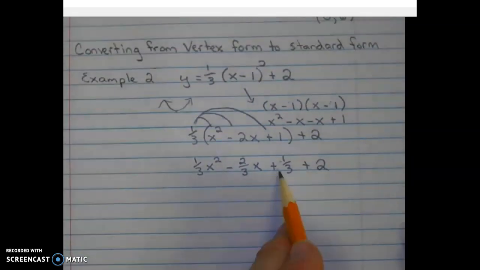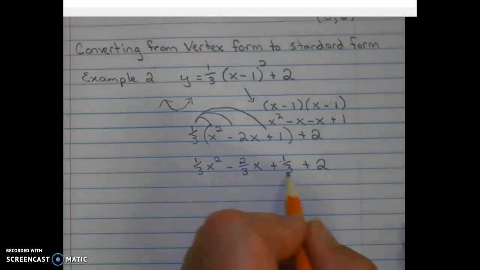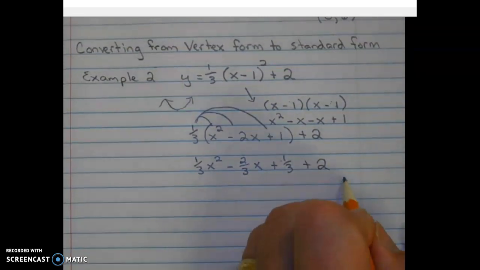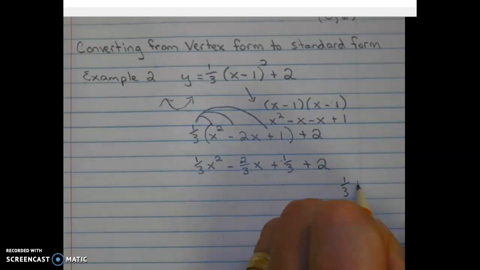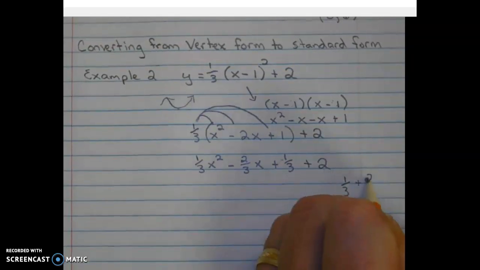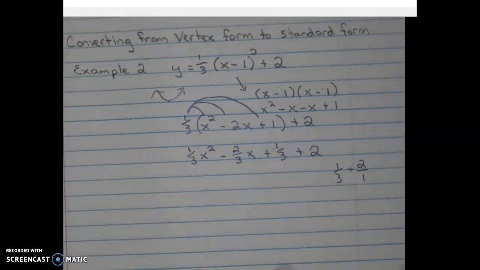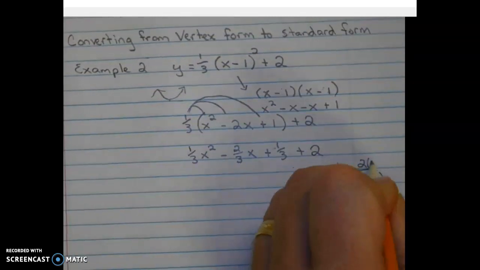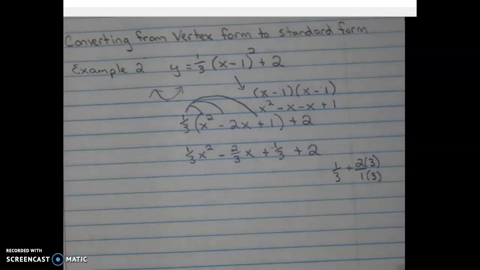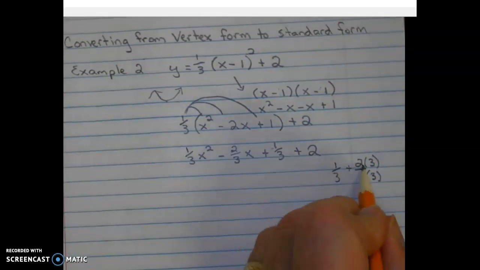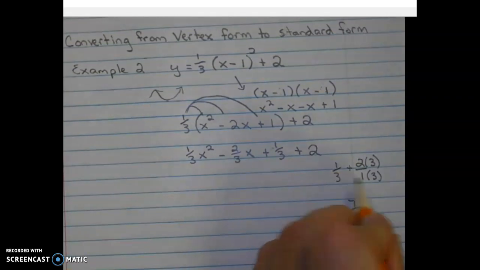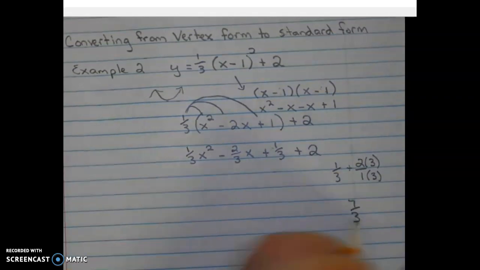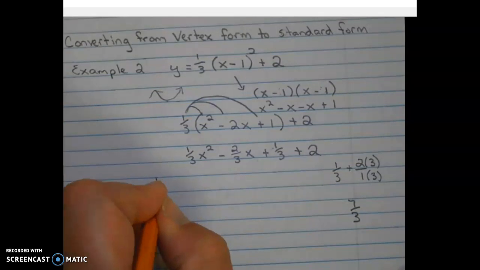So we're going to be adding these together. So maybe off to the side, we're going to do this little addition here. Put our integer over 1. Get a common denominator, which would be 3. So now we have 1 plus 6, which is 7. And the denominator stays the same. All right, so we have